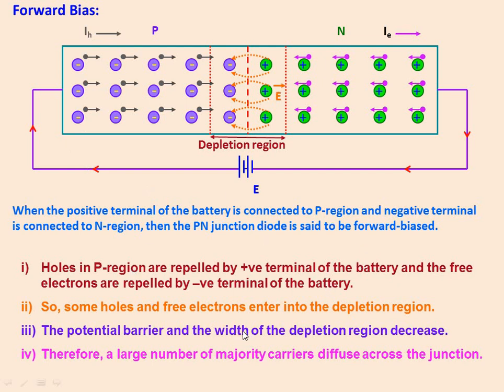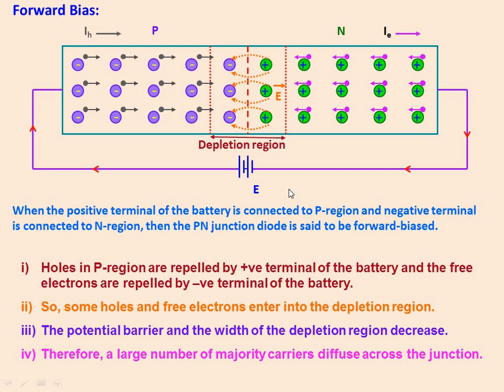Don't worry regarding the theoretical part and all. I have already mentioned the points which are needed for you. So concentrate on the explanation part so that it will be very clear for you. Right? Okay. So in the forward bias, the applied potential establishes an electric field opposite to the potential barrier. Can I make this point or not? So in forward bias, the applied potential establishes an electric field opposite to the potential barrier. Potential barrier will be from N to P, while here it is opposite to that, right? That's what I'm speaking about.